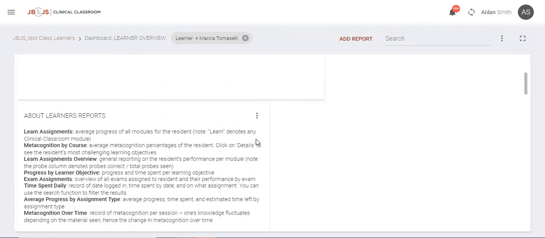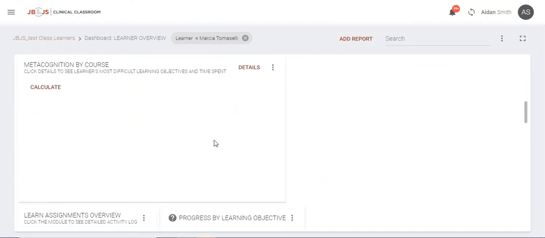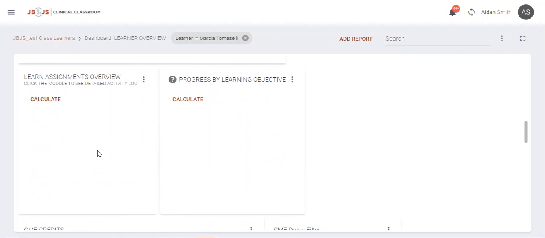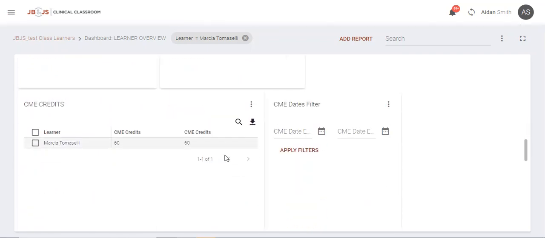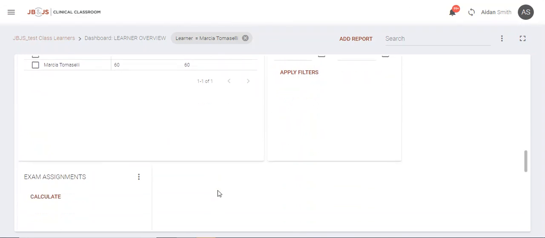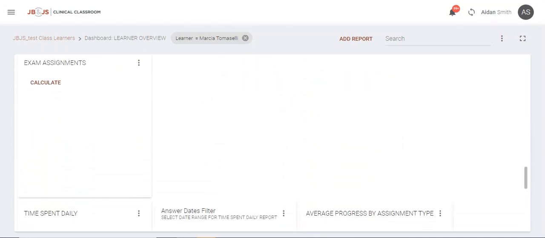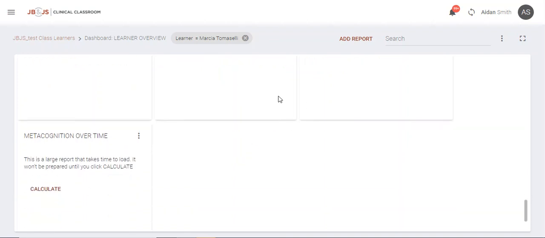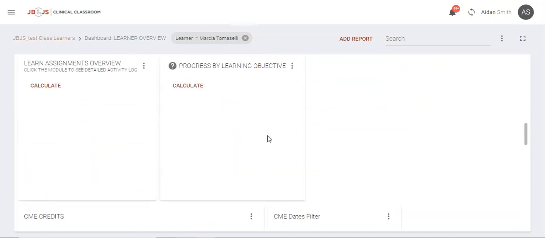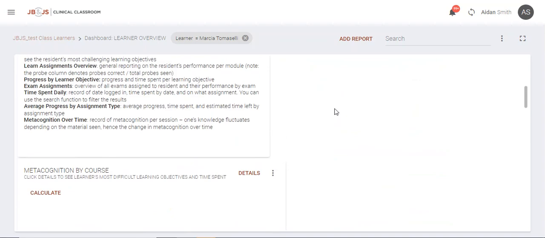It basically is a whole glimpse of everything you'd need to know about the learner, how the learner is doing overall, how the learner has performed by learning objective. CME isn't very important. You can see all the exams that they've been assigned and how they've performed in those exams, when they've logged in. Some of these look probably similar, but there's a lot of information here that's really useful if you're just looking for one particular